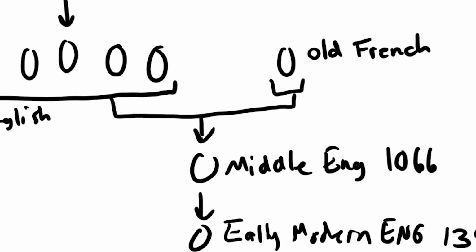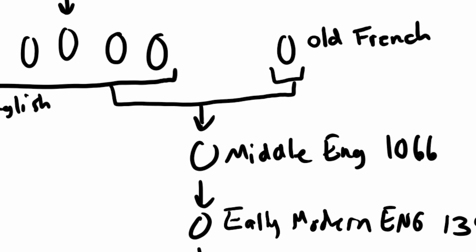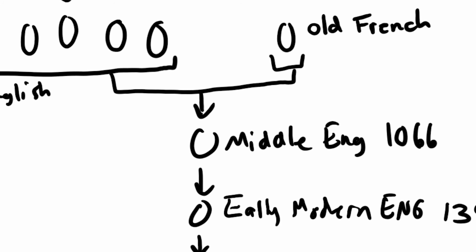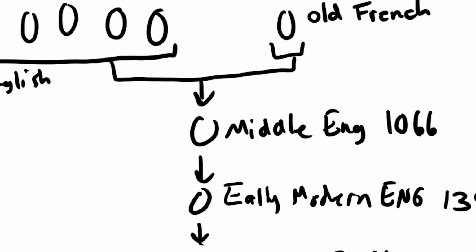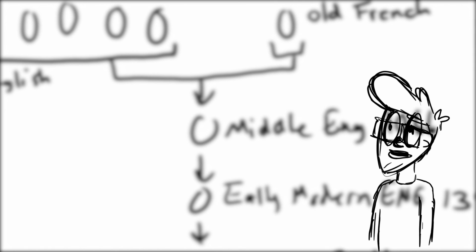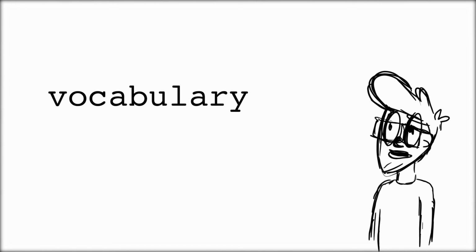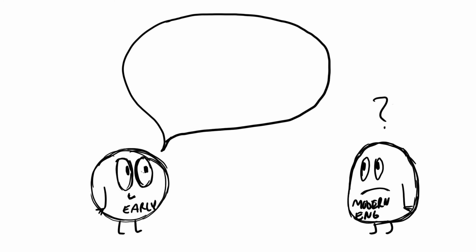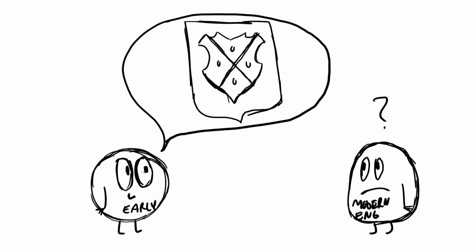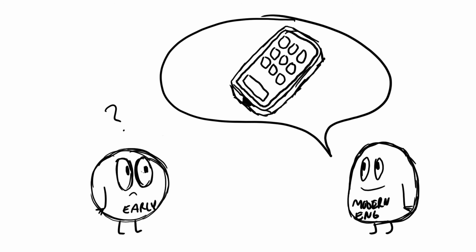Early modern English is where we find Shakespeare, and the shift from Shakespeare to modern English is big, but not so much compared to Beowulf. But if early modern English is supposed to sound like our English, why is Shakespeare still so hard to understand? Well, setting aside that Shakespeare was a poet, the difference actually comes down to vocabulary, what linguists call lexicon. The needs of one generation of English speakers are wildly different from the needs of the next. Just like we don't need the words bodkin, pard, or scutcheon, Shakespeare didn't need taxi or a smartphone.